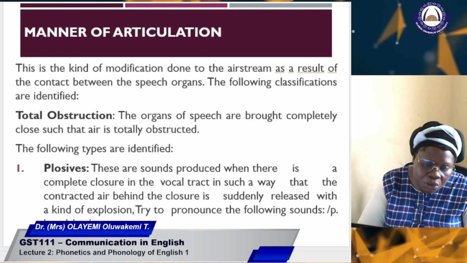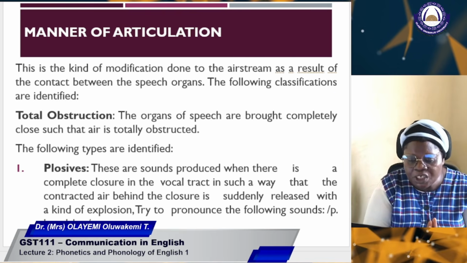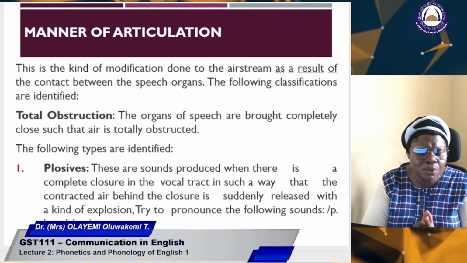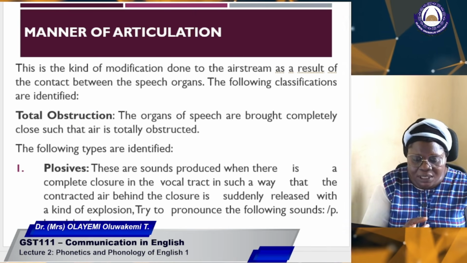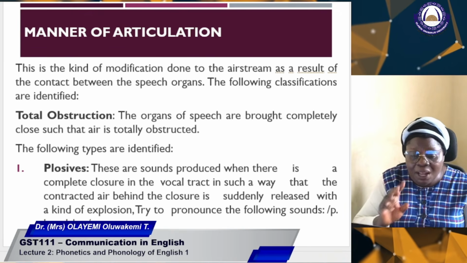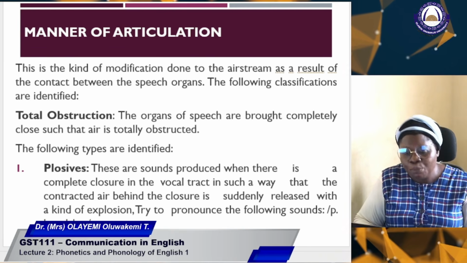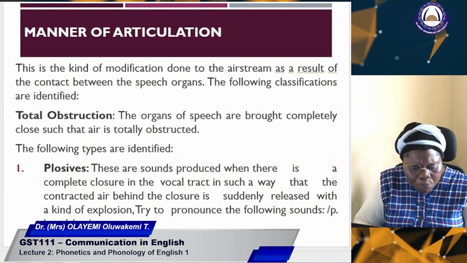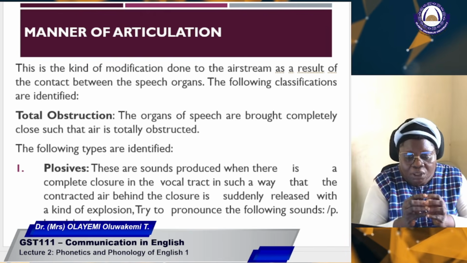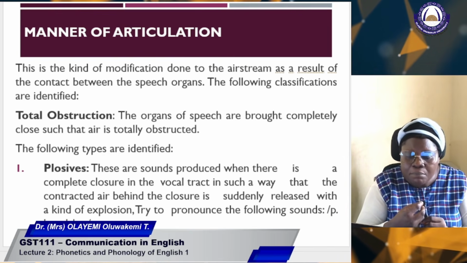So we have number one, total obstruction. The organs of speech are brought together completely close, such that air is totally obstructed. But under total obstruction, we have different kinds. We have number one, the plosive sounds. What do I mean by plosive sounds? They are sounds that are produced when there is a complete closure in the vocal tract in such a way that the contracted air behind,